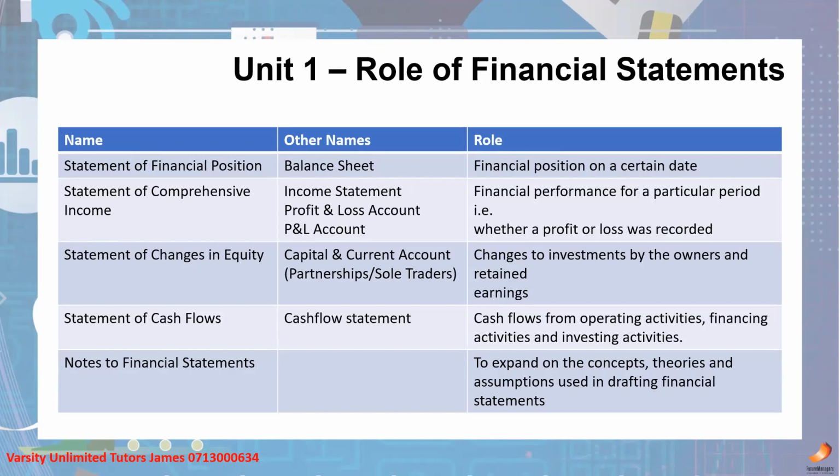So let me start with what is called the statement of comprehensive income, right? Statement of comprehensive income. That is the full name. But there are shortcuts or short names that we accountants usually use when we're talking about it. We can call it the income statement. We can call it the profit and loss account, or we can call it the P&L account. So that is the statement of comprehensive income. So what is this thing that I'm introducing to you?